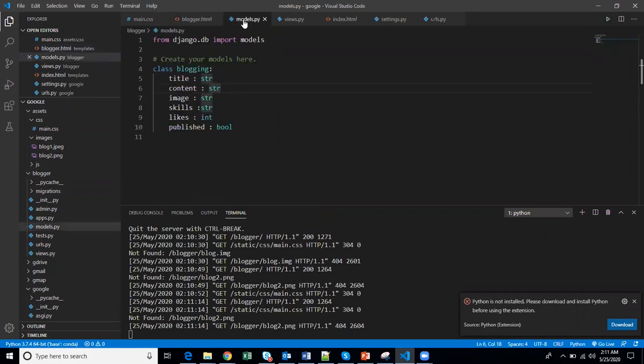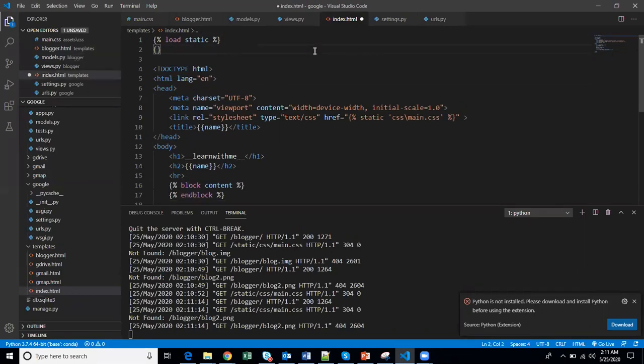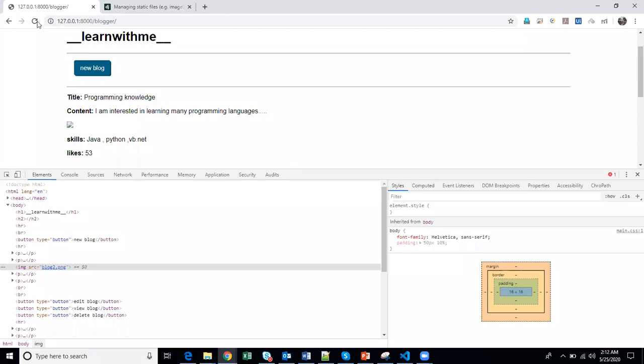Okay, what we will do is go to index and create one Django variable. It is static and images as image path. Okay, we'll add this here. I hope it works now.